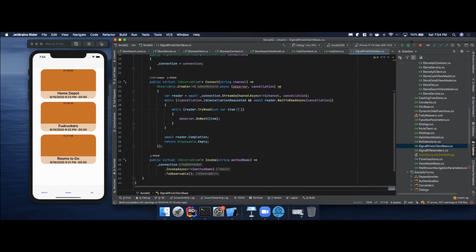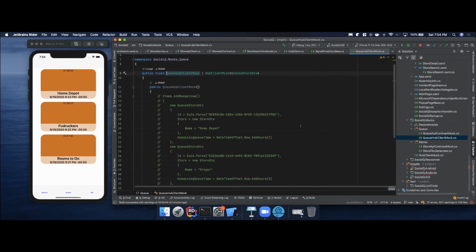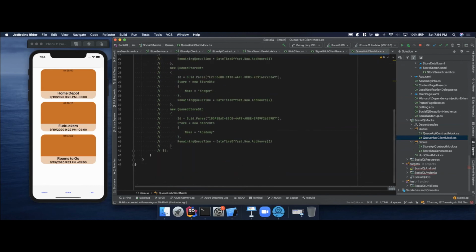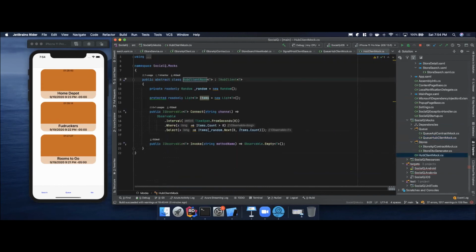Maybe I can go and show you that real quick. Client mock. Yeah, so let's go. I had some chaos monkey stuff that was happening in here. I don't know if it'll actually work right now. What it should do is every 8 seconds, it should just go grab one of the things and change it. So it's not working right now, but